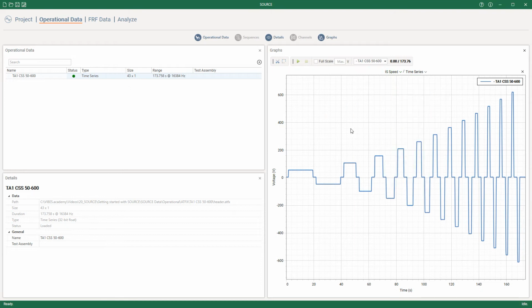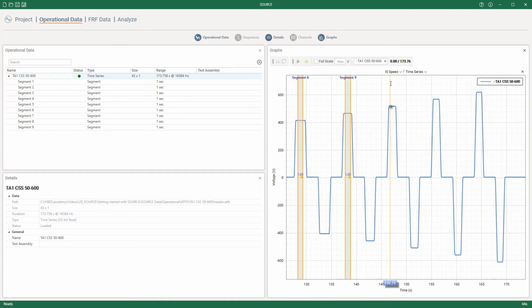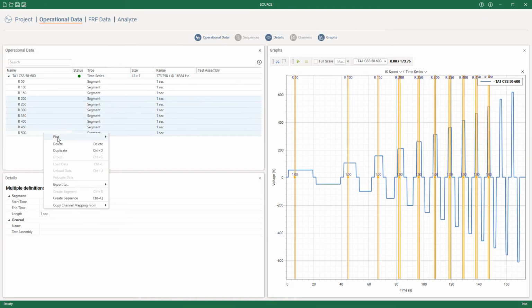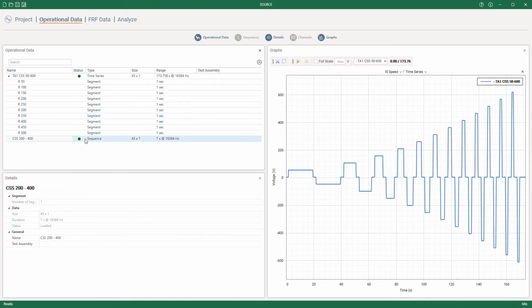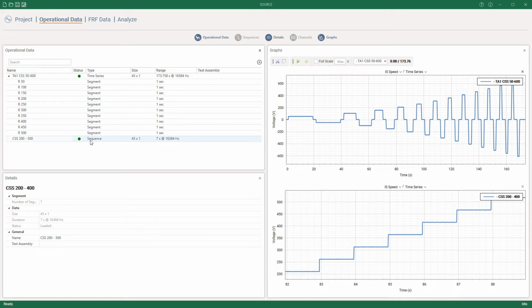In this measurement, we can use the tracking channel to cut out segments when the steering gear was actually in operation. We can then combine the segments in a sequence. So this sequence here only contains data when the steering wheel was turned at constant speed and in the same direction. Since we're using this data to identify blocked forces, we're going to run some quick sanity checks on it.